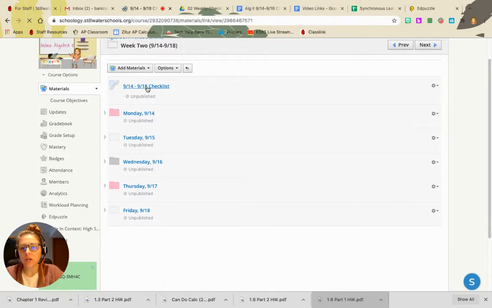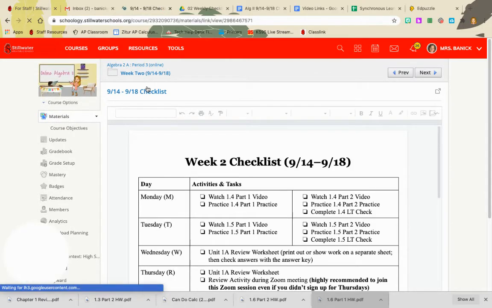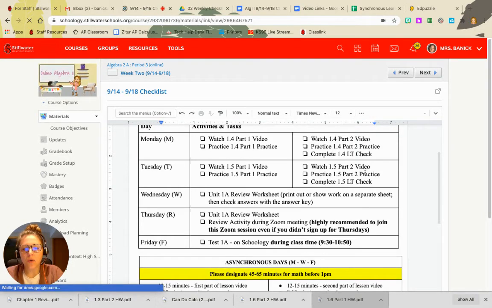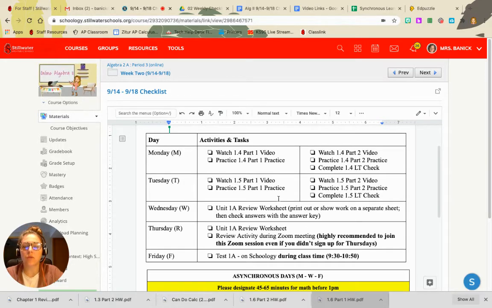Your checklist this week will look something like this. This is your week 2 checklist. It gives you a little idea of what you're going to want to do. Monday, we're looking at lesson 1.4. Tuesday, we're looking at lesson 1.5, and then we've completed our first part of Unit 1, so Unit 1A. So then on Wednesday, you can look for the review worksheet. You can print this out or show your work on a separate sheet of paper and then check your answers